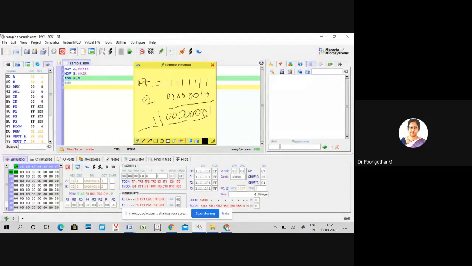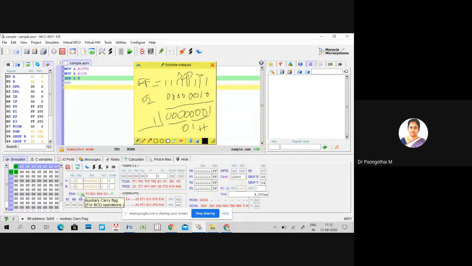Converting this value, 01 hexadecimal. So you can see here the carry flag is generated. It is indicated in green color. Your carry is generated here. So PSW carry is set to 1. And auxiliary carry, that is carry generated from D3 to D4, so auxiliary carry is set to 1.